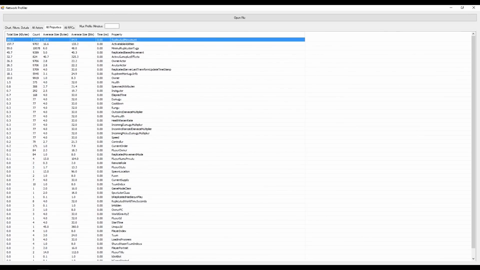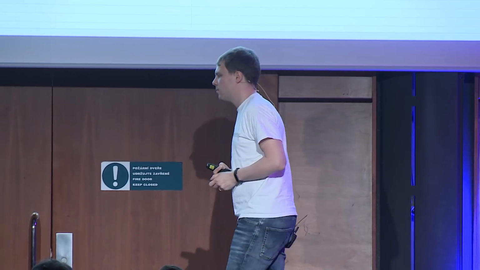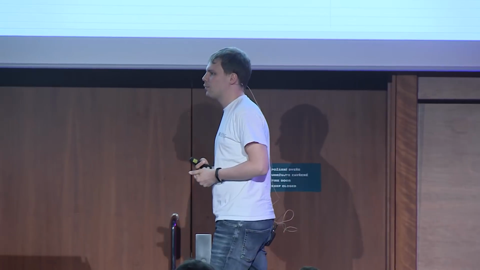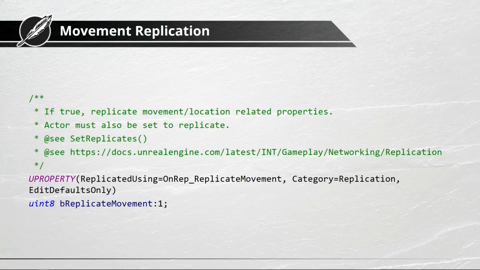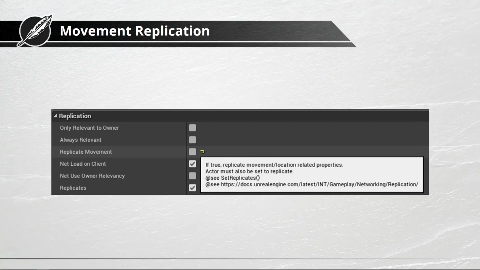Now, replicated movement. Trees are still on top, and replicated movement is still on top. That doesn't necessarily mean that this is related to each other, but it might as well be. And as Unreal Engine is every so often just about finding all the checkboxes, as we found out, we took a look at this one as well. There's actually a dedicated flag for this one as well. So there's a bReplicateMovement flag, which can be checked on or off if you want to replicate any movement-related properties. And it looks like this in the editor. So we unchecked this one for the trees and took another capture.